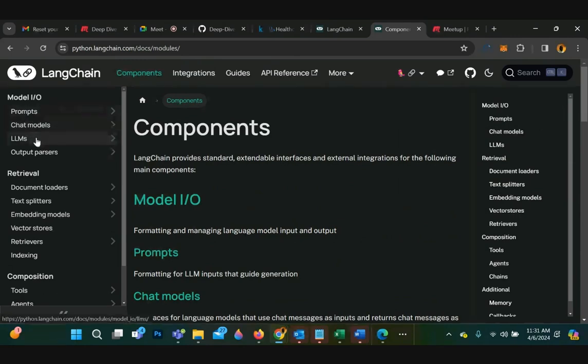There's the LLMs, the text. So the LLMs are generally for text generation, and then they've modified the LLMs to behave as chat models.